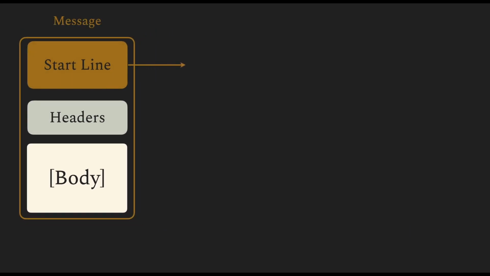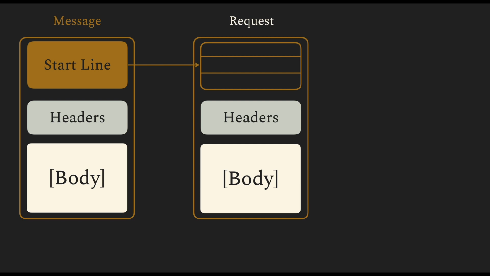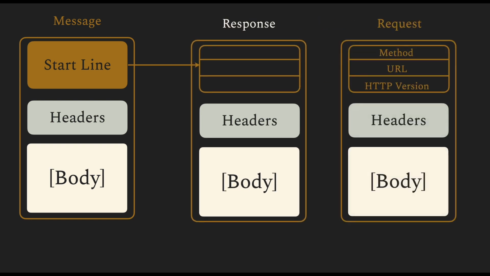Now let's focus on the start line for a moment. For a request, the start line has three parts: the name of the method, which is the action that is performed, the URL where the data is available or to be created, and the HTTP version. For a response, also you have three parts. The start line first contains the HTTP version. It's important to note that the request and the response must have the same HTTP version to prevent inconsistent behavior. The second field is the status code, as we saw before, which is a 3-digit number followed by a reason phrase. A reason phrase is just a string that explains the status code.